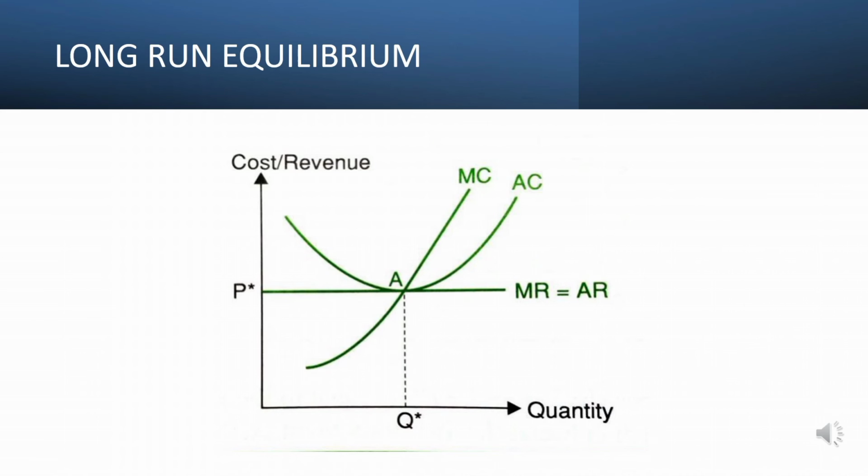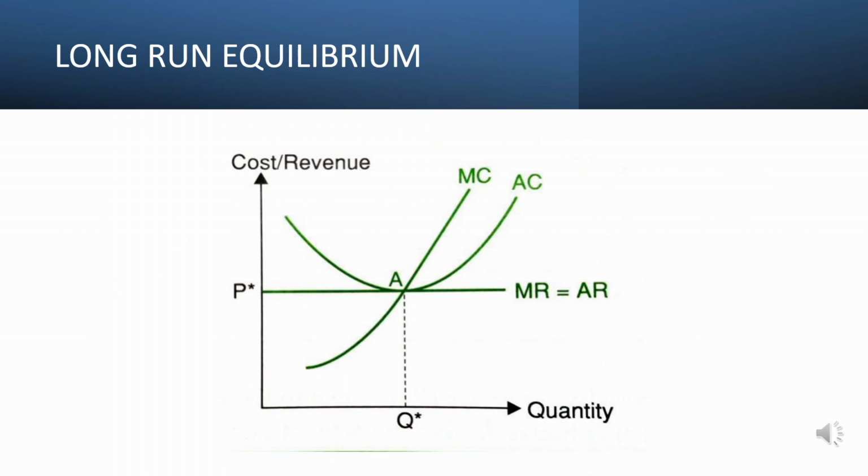As we can see, the graph represents long-run equilibrium of a firm under perfect competition. The firm cannot be in the long-run equilibrium at a price greater than OP. This is because if price is greater than OP, then the price line, the demand curve, would lie somewhere above the minimum point of the average cost curve, so that the marginal cost and the price will be equal where the firm is earning abnormal profits. Since there will be the tendency for new firms to enter to compete away this abnormal profit, the firm cannot be in a long-run equilibrium at any price higher than OP.